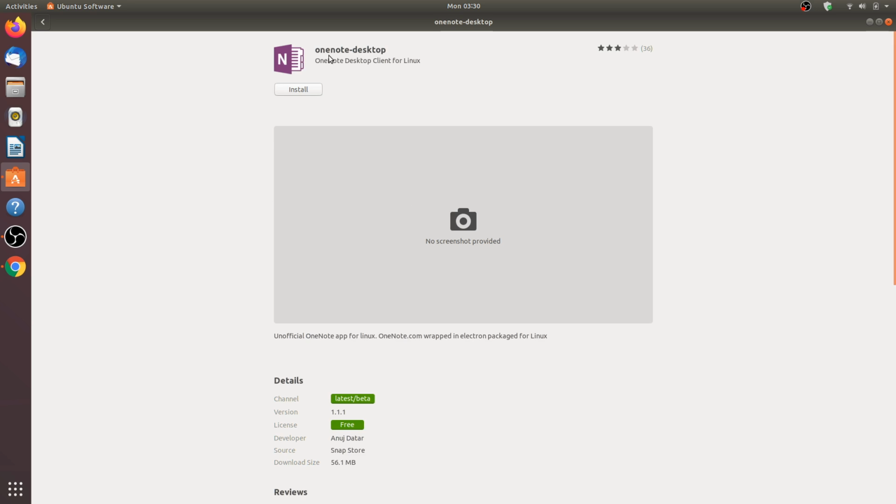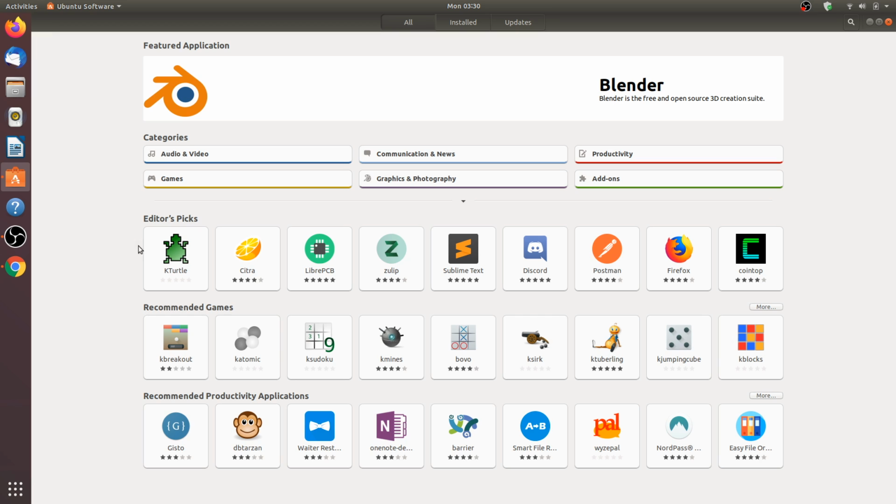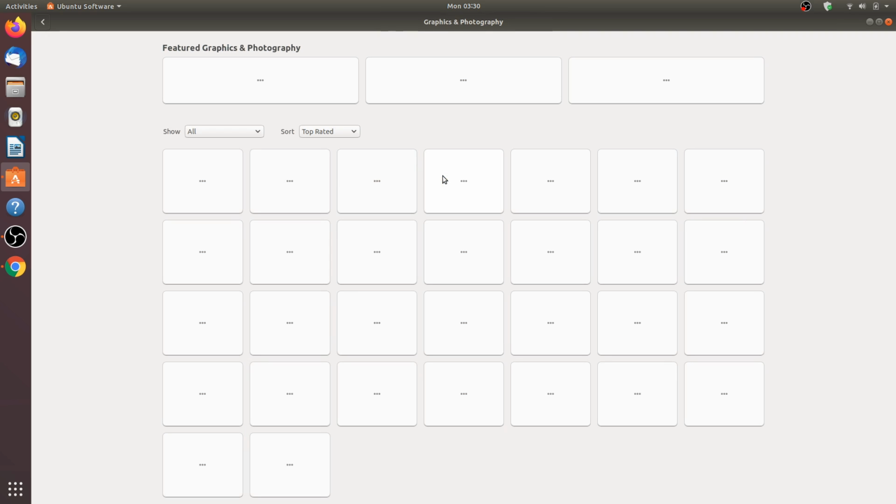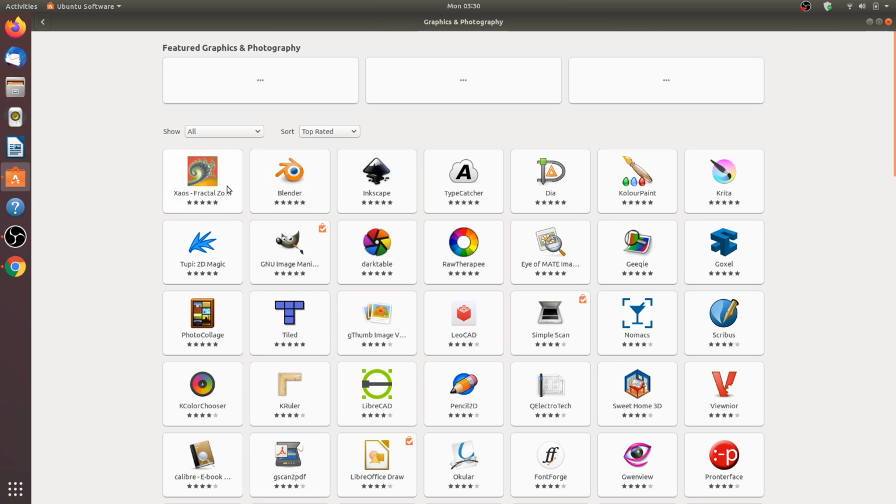Let's say if you want OneNote, you can get it here. You just click install and it will install it, or any other application, graphics and photography. These are the application data available which you can download. Even if you don't get it here, the